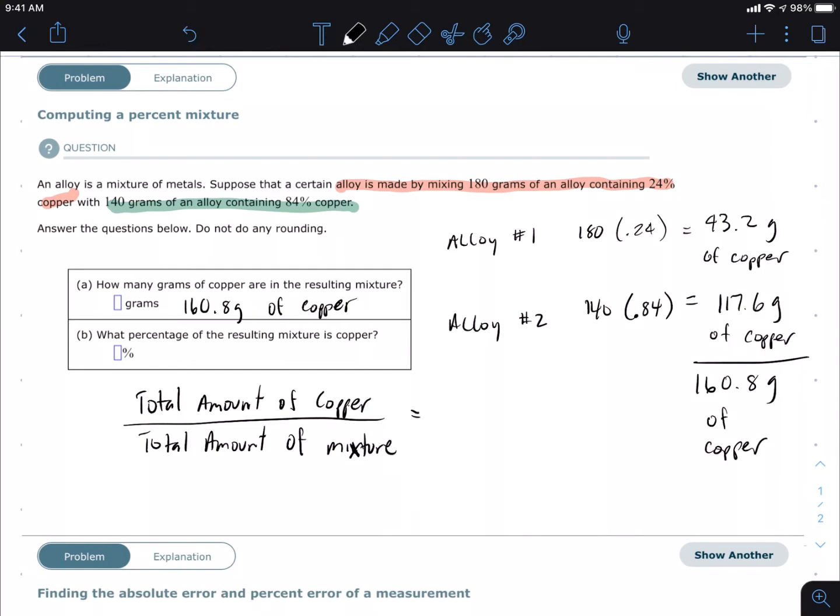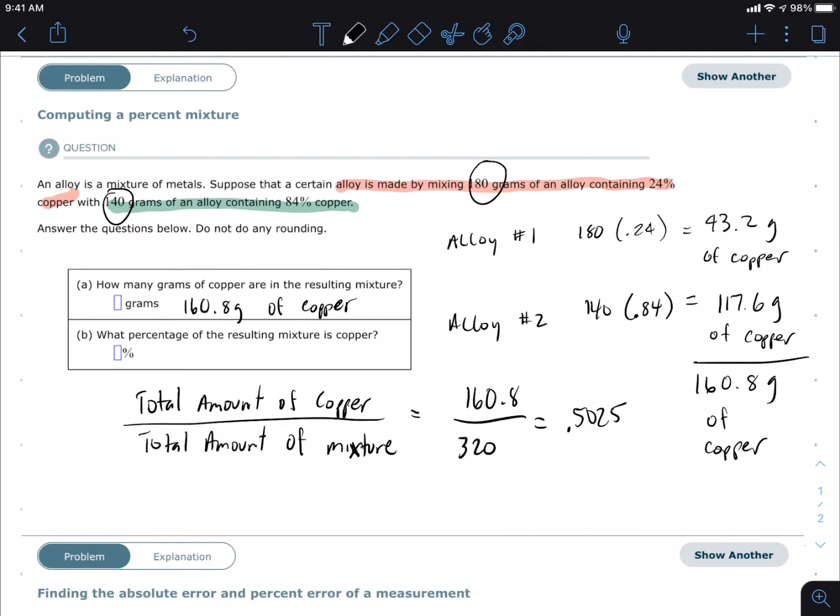So we know that the total amount of copper is 160.8, and then to find the total amount of mixture, it's going to be the 180 plus the 140. I believe that's 320, but I never trust myself. Yeah, it's 320. And then we're going to divide that. So 160.8 divided by 320 gives me